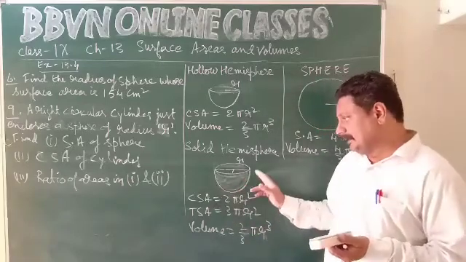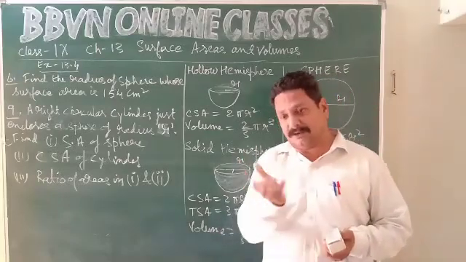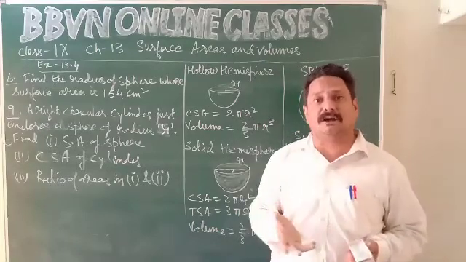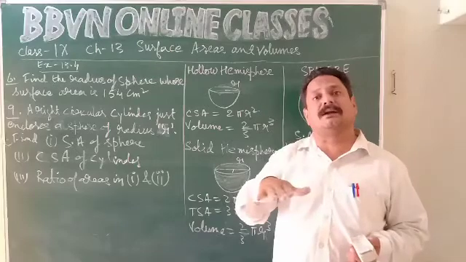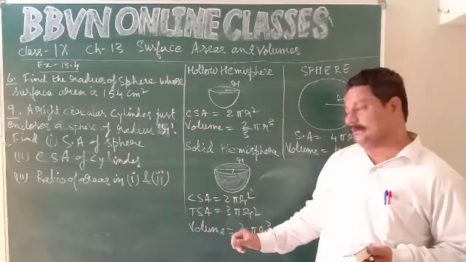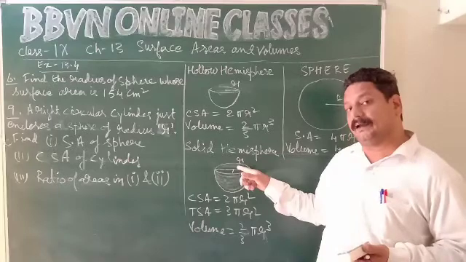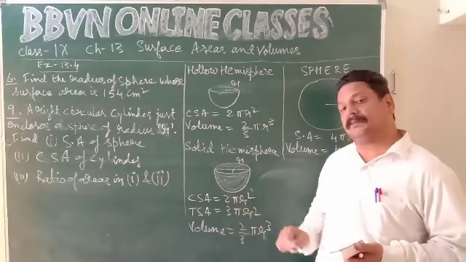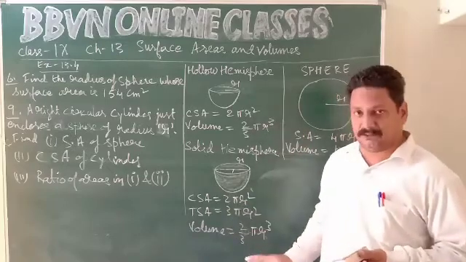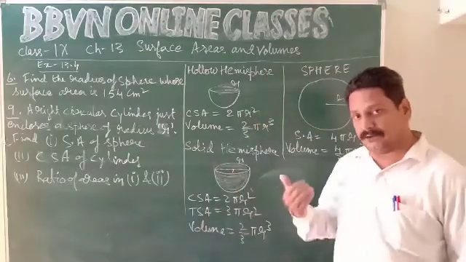Curved surface area remains the same 2 pi r square, but total surface area, if you have a solid hemisphere, it has a curved surface as well as the top, because it's a solid. The top is also a circular part. So area of circle is pi r square. In that case, total surface area becomes curved surface area plus area of the circular top pi r square, or add कर दो, becomes 3 pi r square. Volume half of the sphere 2 upon 3 pi r cube, right? So this was about sphere, hemisphere, hollow hemisphere and solid hemisphere.